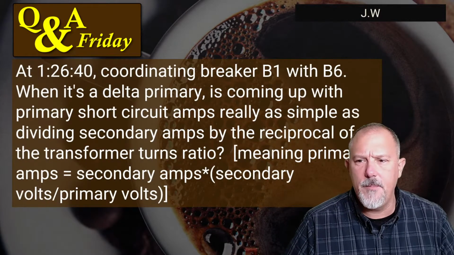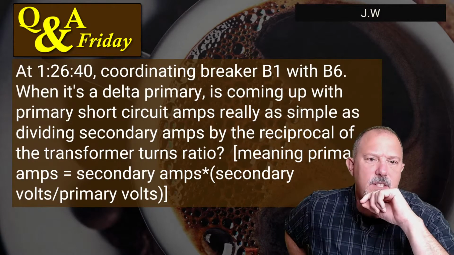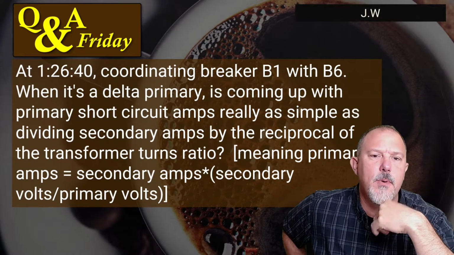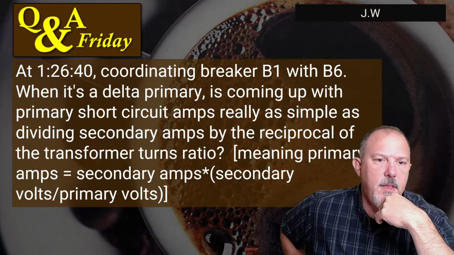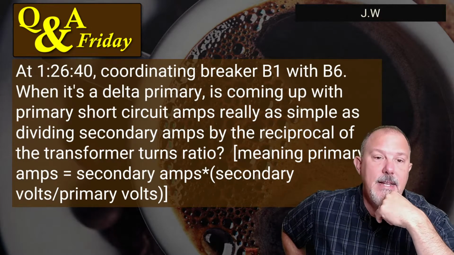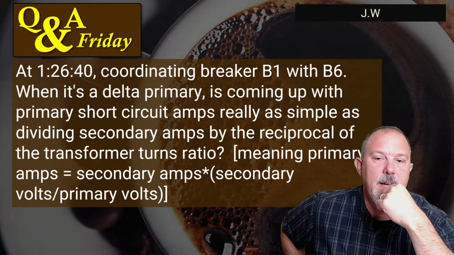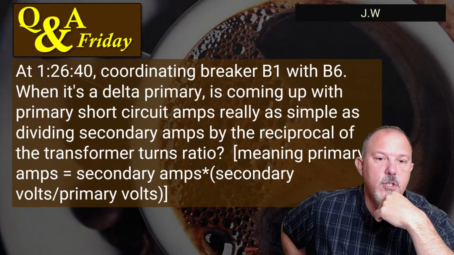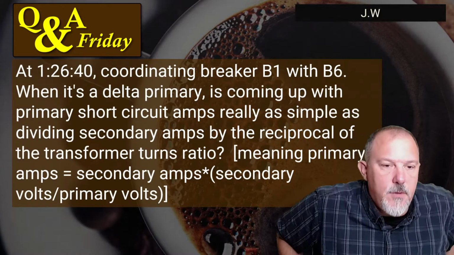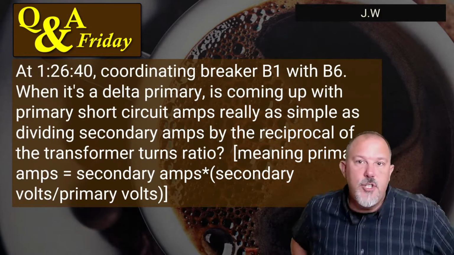This is JW. At 12:640, coordinating breaker B1 with B6, when it's a delta primary, is coming up with the primary short circuit amps really as simple as dividing secondary amps by the reciprocal of the transformer turns ratio? Okay, meaning primary amps equals secondary amps times secondary volts over primary volts. All right, so JW,